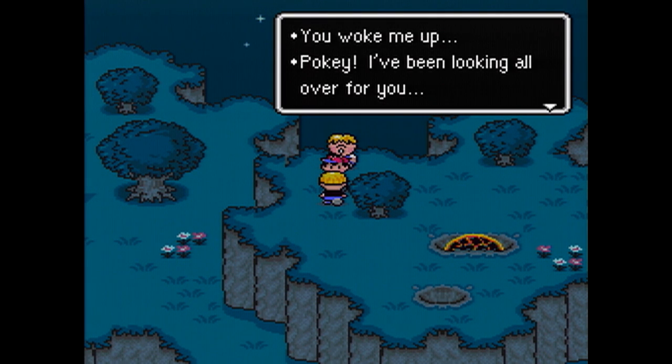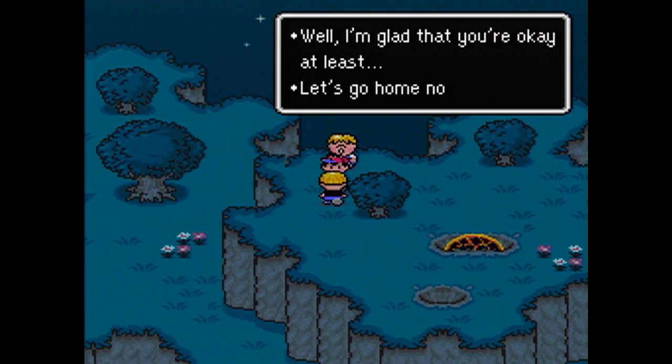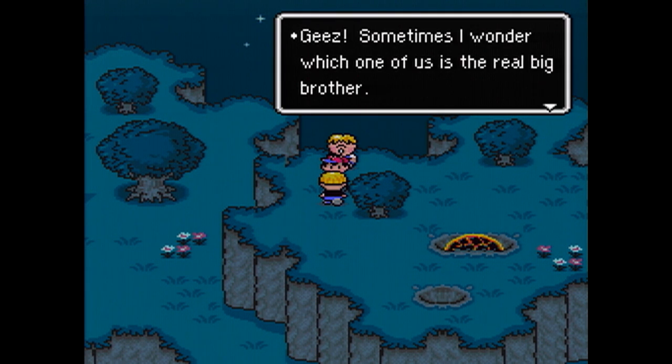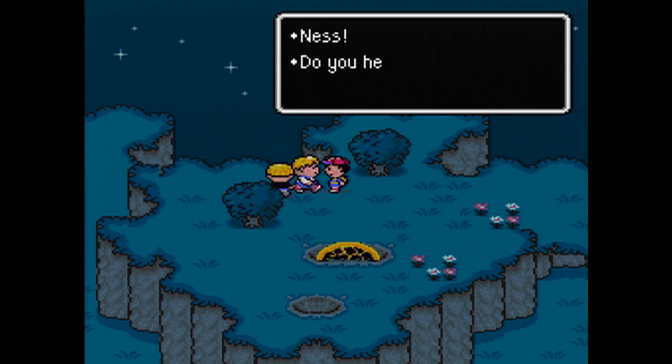And we're basically going to get his side of the story here, which is a little bit more believable. Pokey was the one who got scared and ran away, and Picky was the one looking for him. I think I trust him a little bit more than Pokey. Yeah, Picky is really the only likable one in the family. Of course, we'll meet the rest of them in a little bit, but...